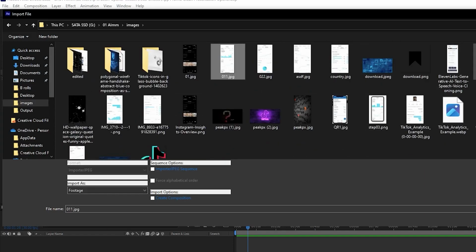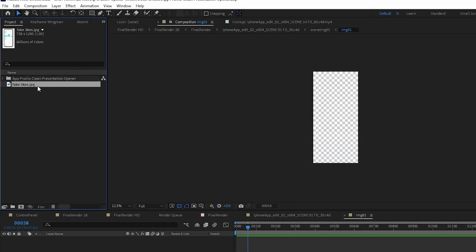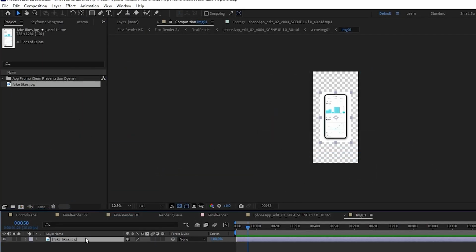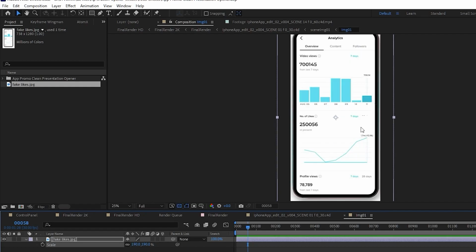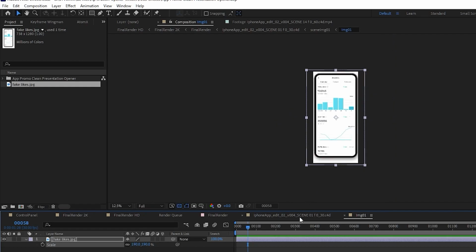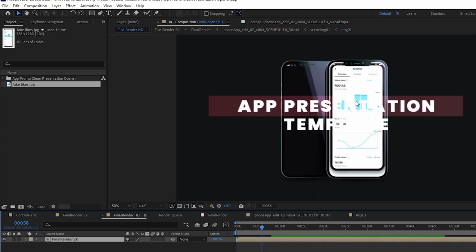So I came up with this screenshot that I have, that is fake likes. Okay, if I just go and drag it down and then scale it up, press S on my keyboard and then just scale it up, you will be able to see that this is how it looks. And to see the changes, I just need to go to my main render queue or the main composition. If I click on this, you can see that the changes are made now, but as we can see the